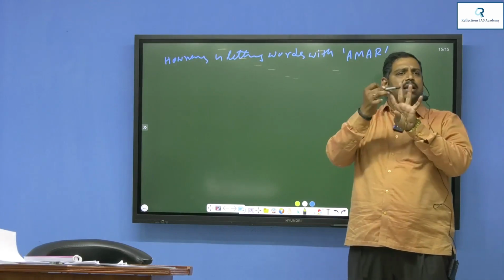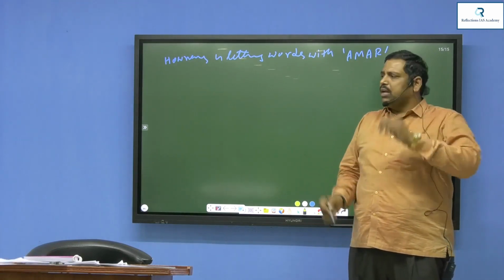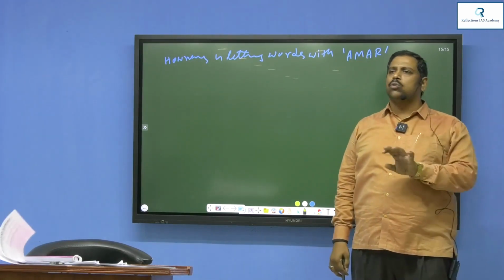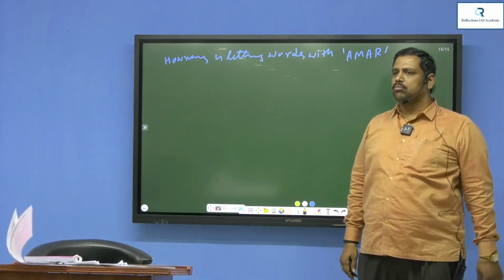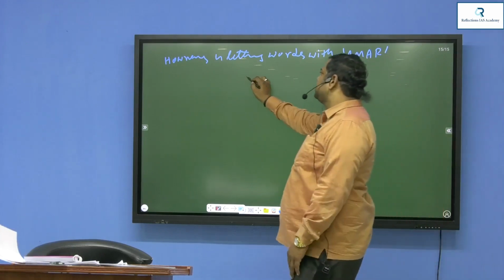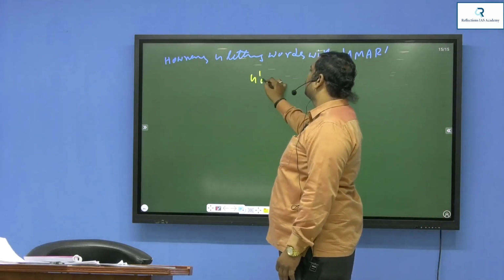AMAR, how many alphabets are there? 4. So A is repeated, right? Then what you can think is simply, he can ask only 4-letter words. He is unable to ask 3-letter words. Okay? Right, good. So then what happens is, 4-letter words now simply 4 factorial by